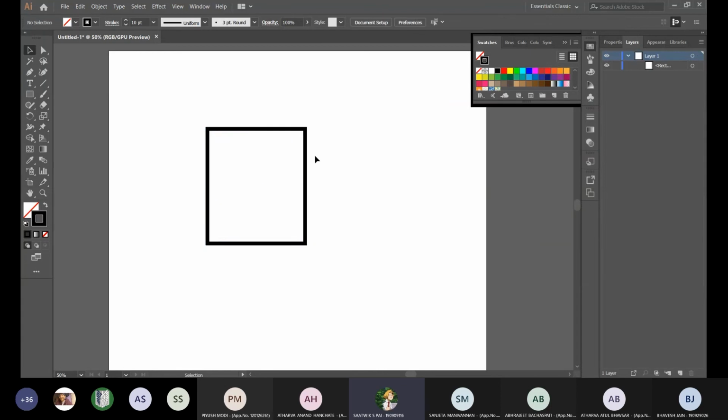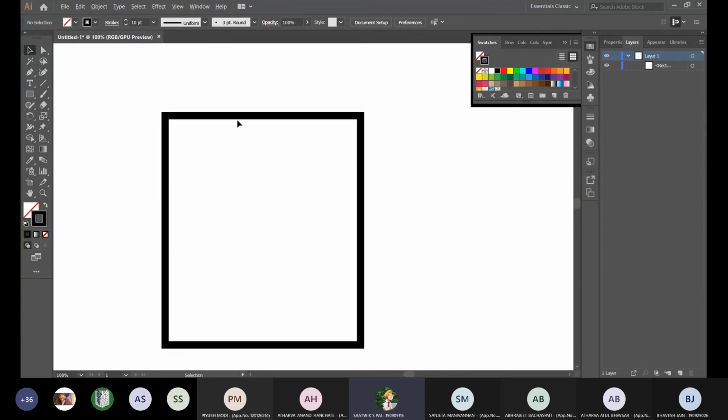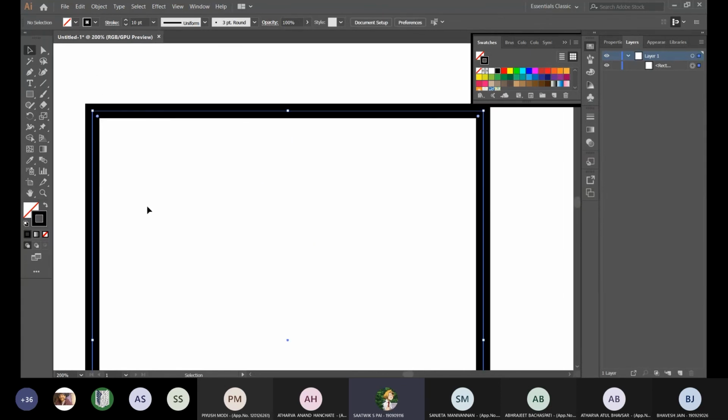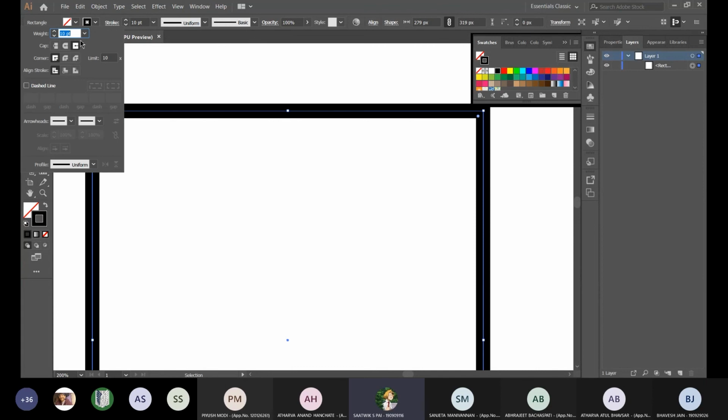Zoom in, as Bhavesh said, alt and scroll, okay? As I said, cap works with the edges of lines and curves. If you have an independent curve, going like an S, it will work with that. Corner comes into play when edges come to play.